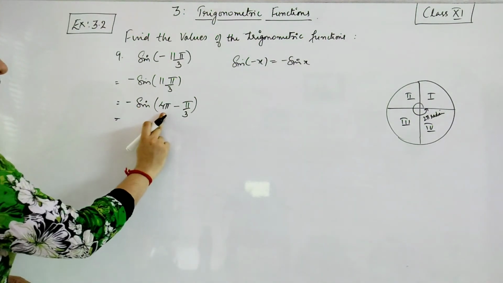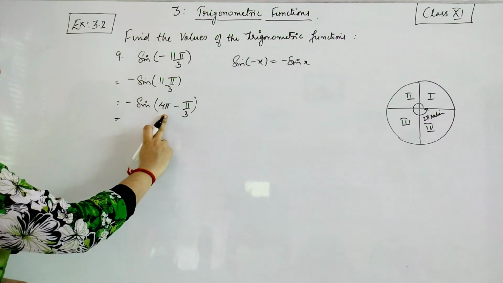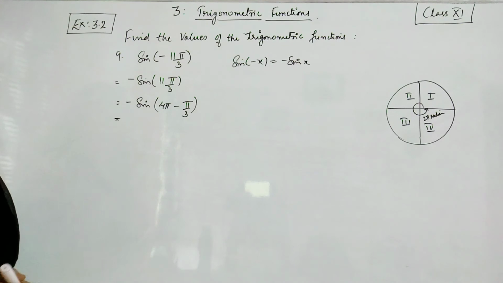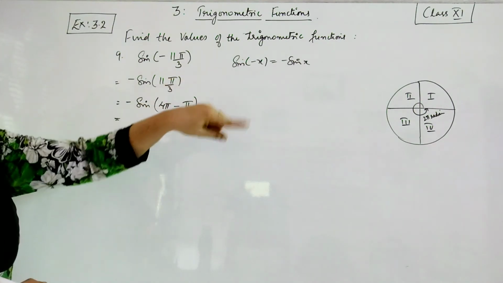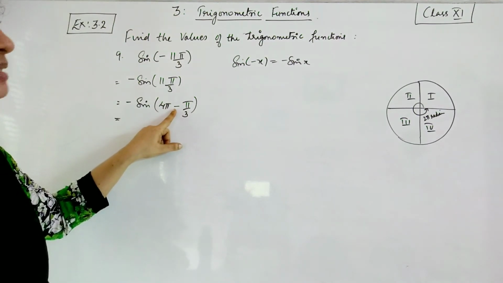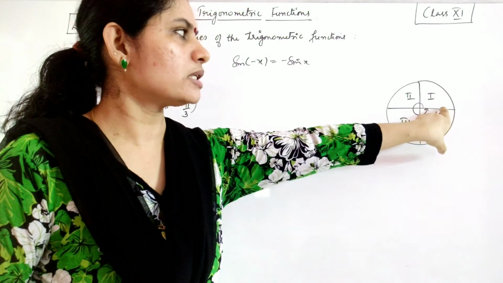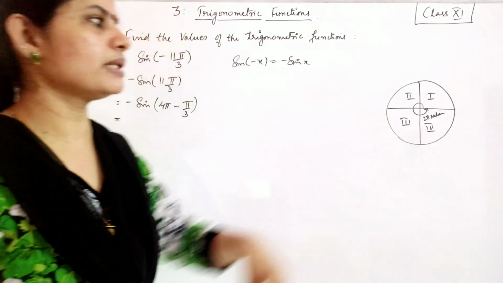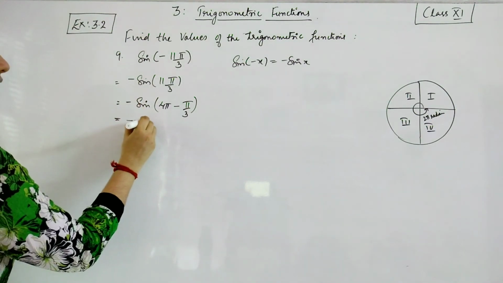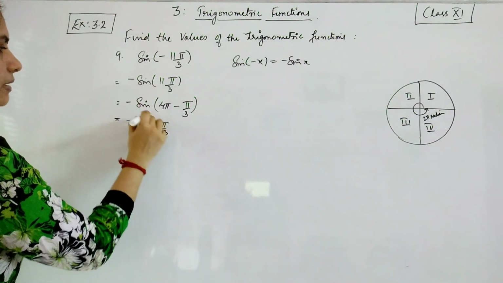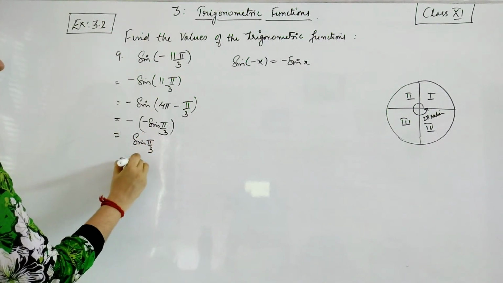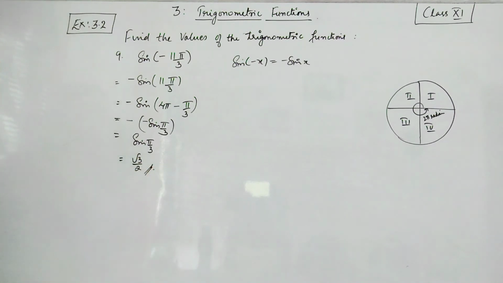Again this is written as a multiple of 2 pi. 2 pi into 2 is 4 pi. So you will get sine pi by 3. Now again, will you get a negative or not? How will you know? After 2 complete revolutions, it is reaching the point where you have to subtract an angle. Subtracting an angle means it will come in the 4th quadrant. In the 4th quadrant, sine is negative. So already a negative sign you have. One more negative you will get, so it becomes sin pi by 3. And what is sin pi by 3? It is root 3 by 2.